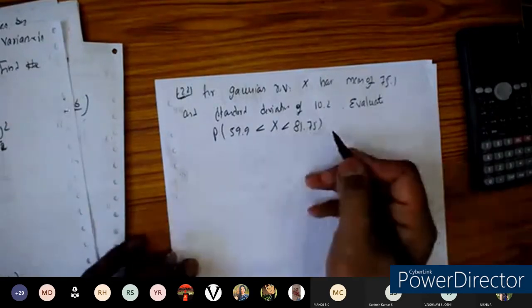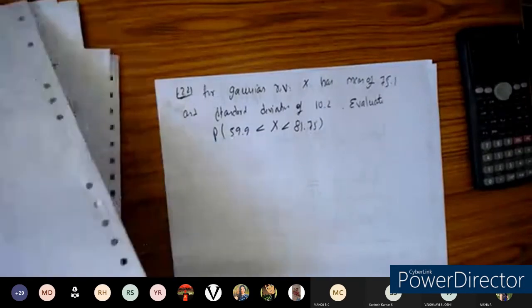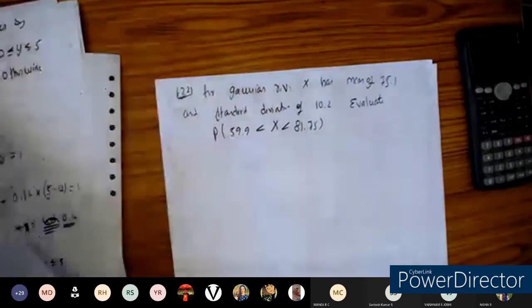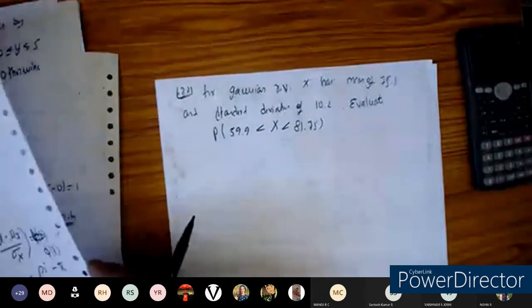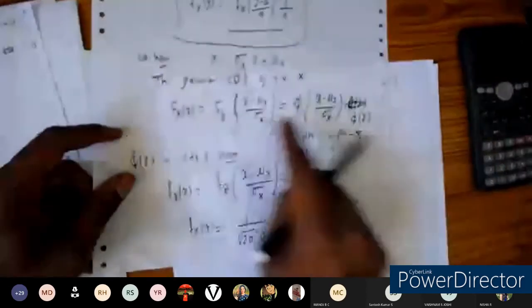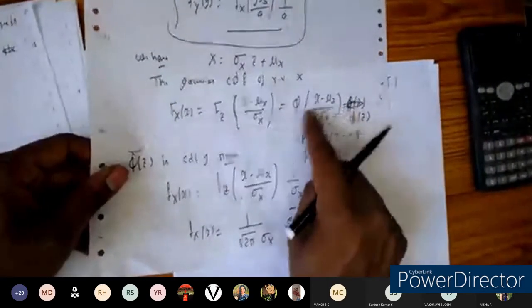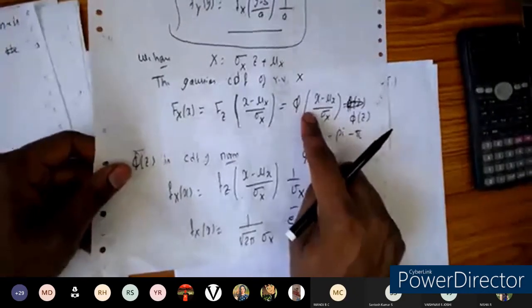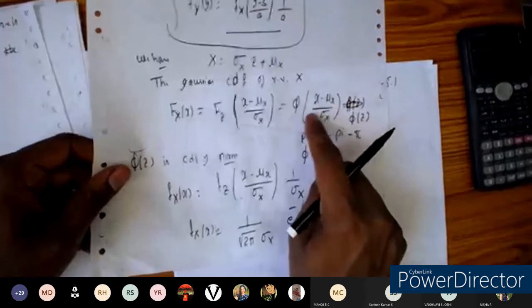So done. Okay. So this one is based on the second topic we are seeing here. Based on this concept, we are going to evaluate the function phi of z. For finding the value of phi of z, I'll send you the table on WhatsApp. That is for the normalized Gaussian random variable. We are going to make use of that here.